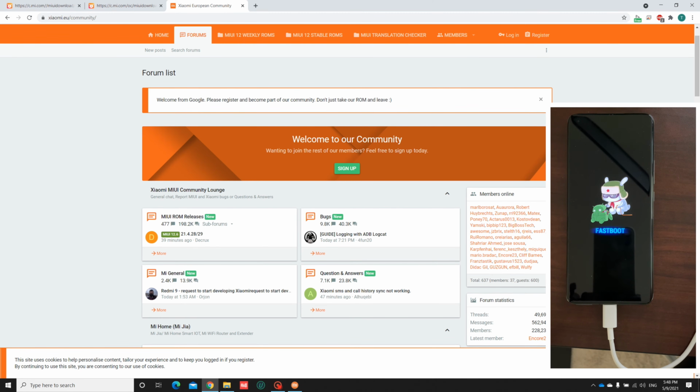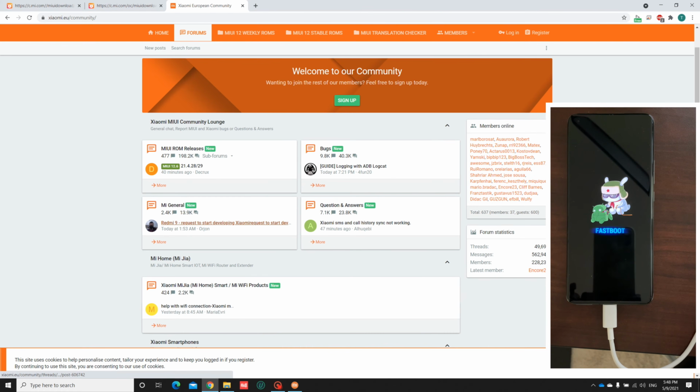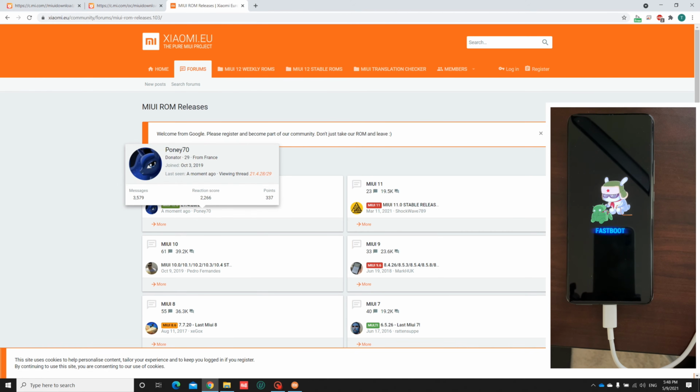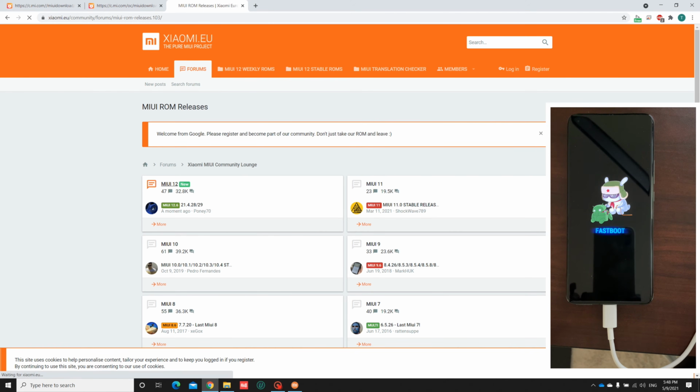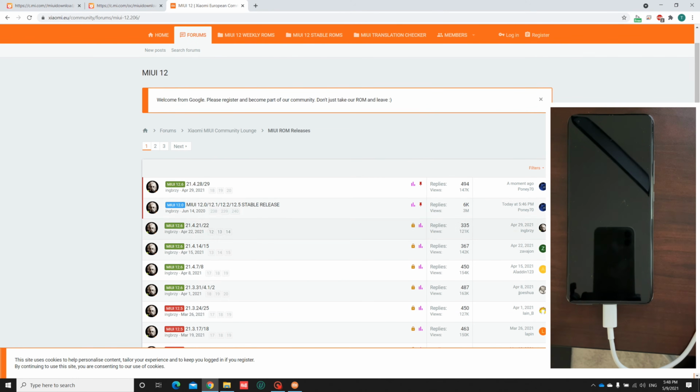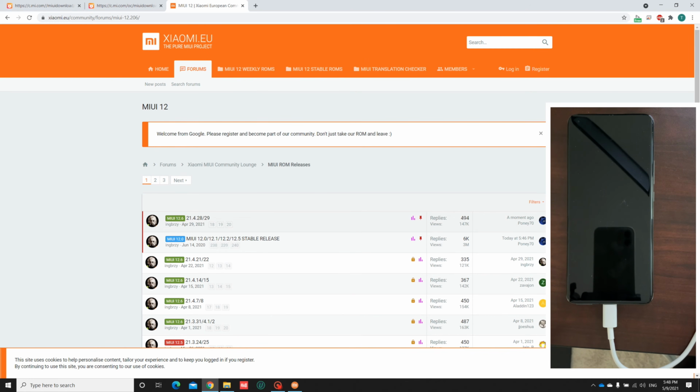And then this, comparing with the standard global ROM, the advantage of the MIUI EU is that it updates quickly. So right now the Chinese version has MIUI 12.5, but the global version we just downloaded was still at 12.0. But if you look at MIUI EU, it is already upgraded to 12.5. So if I were you, I would go with this model. But as I said, this is not the official one. For the Mi 11 Ultra,